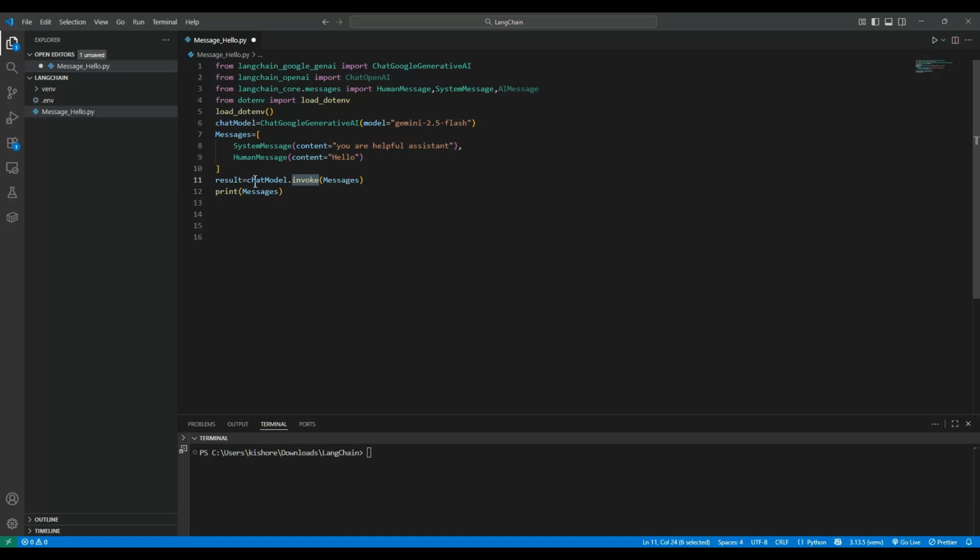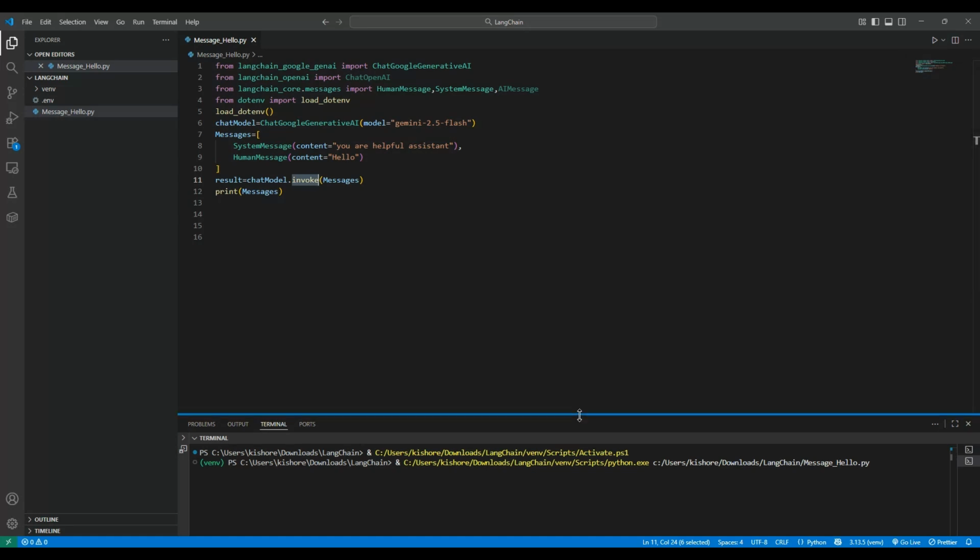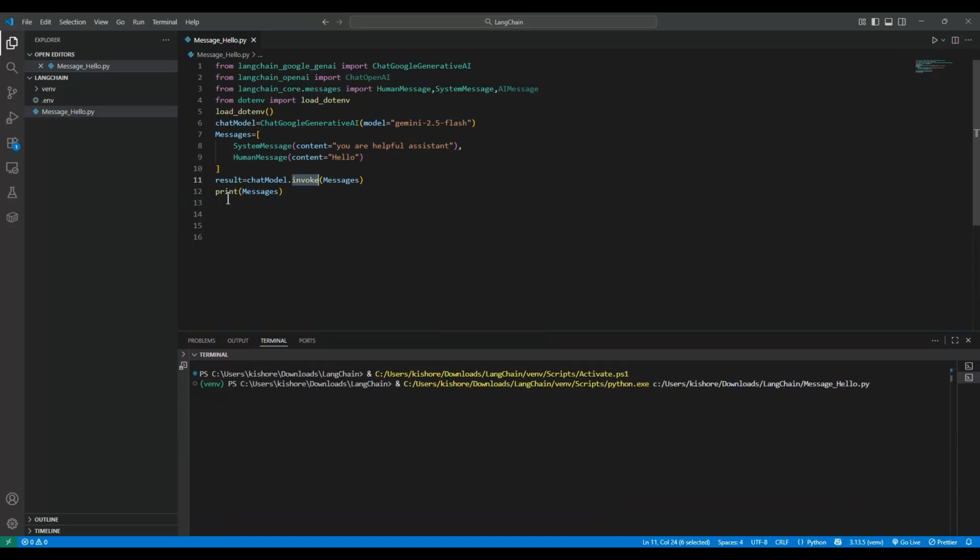So in this case, it has passed to the LLM, and then maybe we can try running this. I have just now printed the message, not the response from the LLM. I just wanted to show what parameters have been passed to the LLM. So here in this case, you see we have passed a system message and a human message, which is hello. Now, if I print